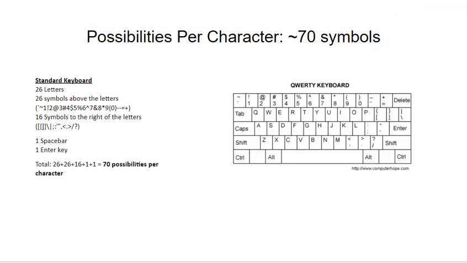Well, what's the possibility of just randomly typing letters on the keyboard and getting that particular program that says hello world, right? Well, if you look at a keyboard, maybe you could get 70 different symbols out of it through pressing a key, especially if we allow you to sometimes press the shift key along with it. That's the 26 letters, the symbols above the letters, the numbers, and so on. So about 70 different possibilities.